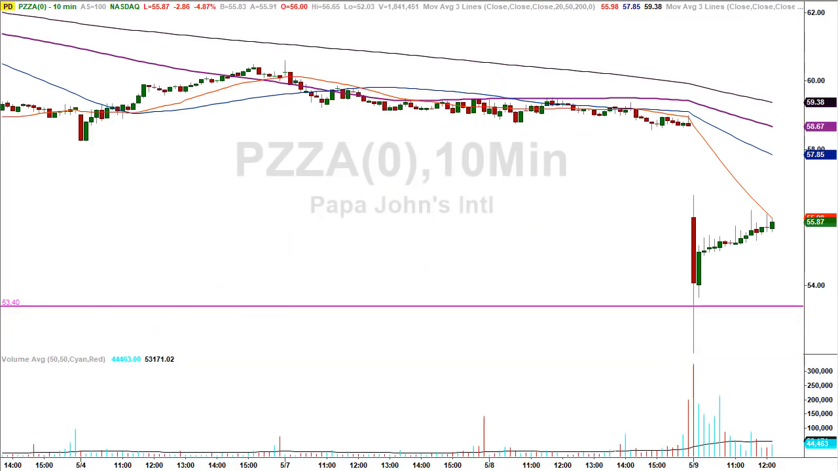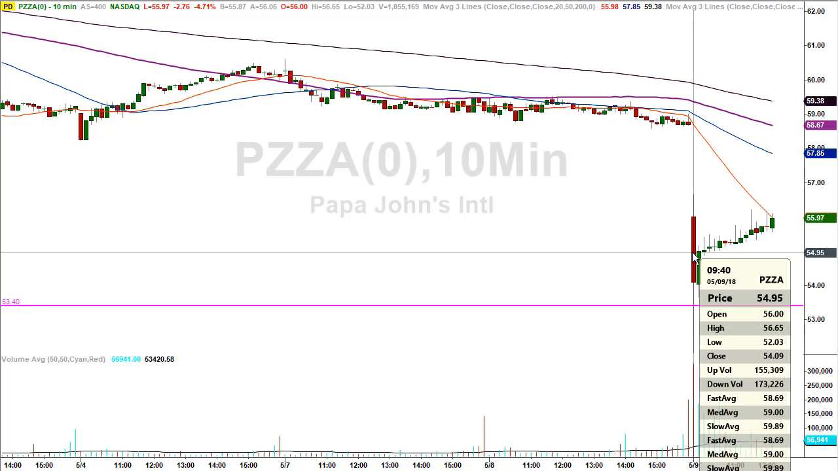Now, the next one we'll take a look at is Papa John's, PZZA. You can see where the stock closed yesterday at $58.69. The stock was getting hit at the open. We identified a level of $53.40 where the stock should find support. Unfortunately, the stock traded through that level by more than the stop loss limitation allows, making a low of